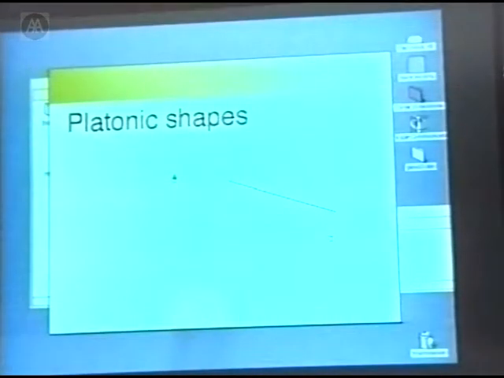He started off defining the concept of a point. He described the concept of a line, the concept of a rectangle, the concept of a triangle. And these were seen as pure forms, absolute true forms, which were hidden inside objects. It's so endemic, so much a part of our life.